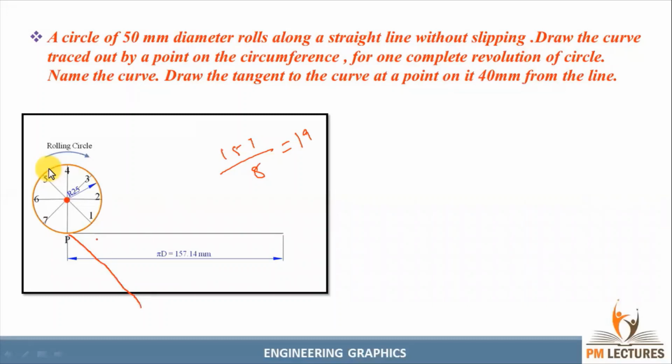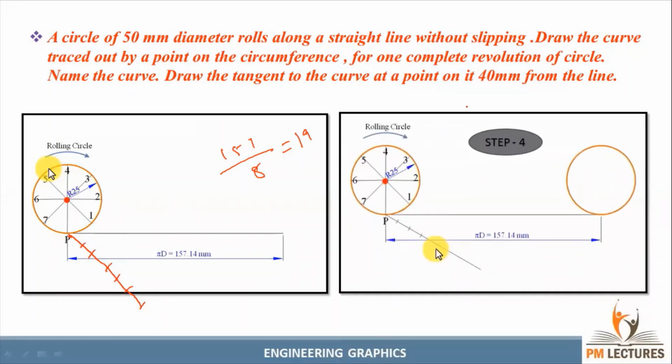We should draw an inclined line from the point P at any angle. The line magnitude will be 8 centimeters, because we are going to divide this line into 8 divisions only. To make it easiest, we take the magnitude of the line as 8 centimeters and divide it into 8 equal divisions like this. Okay, it will look like this, guys. Okay, we can move to the next step.